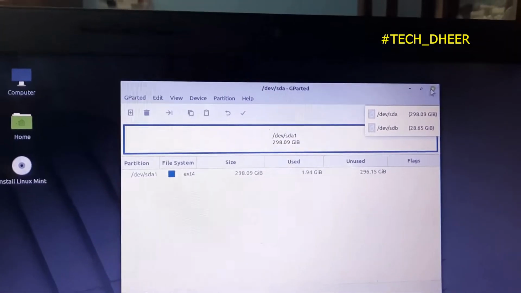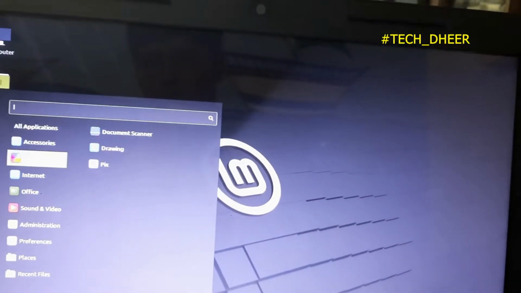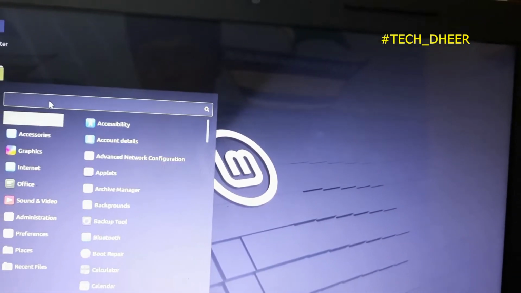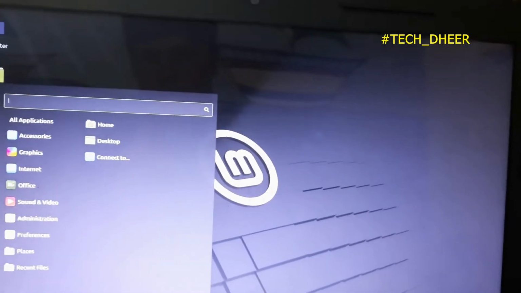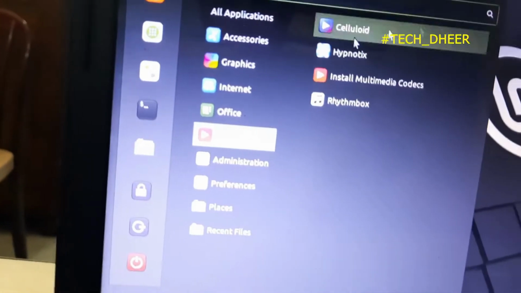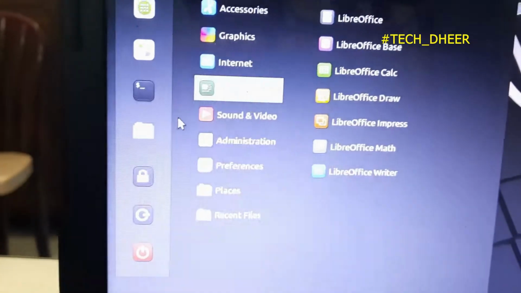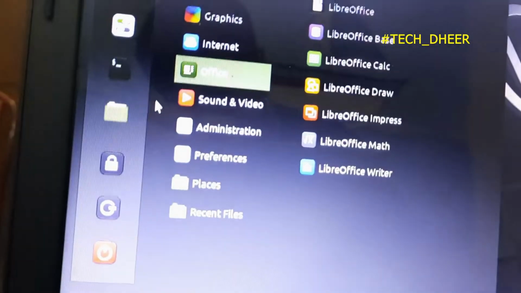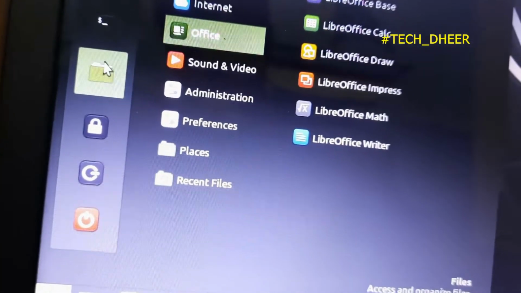So I'll just close this, and I'll search for, okay, just click on this folder icon over here. No need to search, you will get it normally over here.